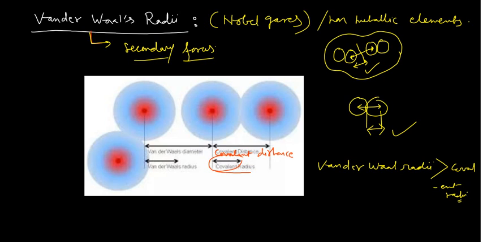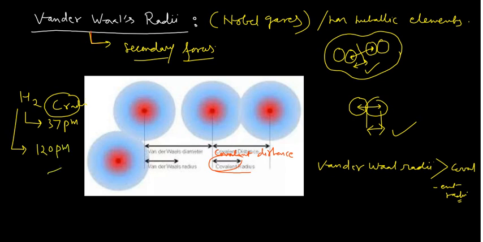And the example is this. Say you are having hydrogen molecule, okay. So for this hydrogen molecule, if I remember correctly, covalent radii is 37 picometer. So I am writing CR, CR stands for the covalent radii. Okay, I should write radii here. And if you go for the van der Waals radii, then it would be quite large, somewhere around 120 picometer. So this is something very, very important which you should know. I hope this is clear to you.